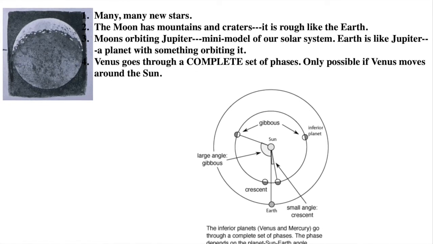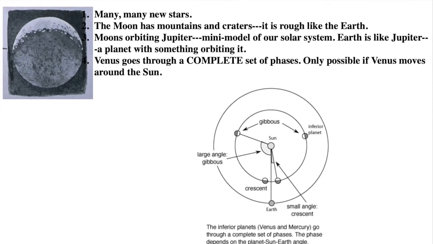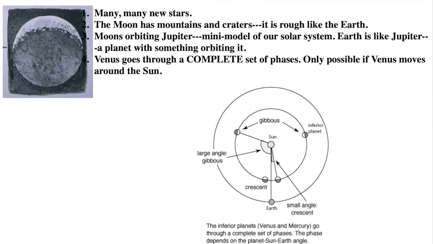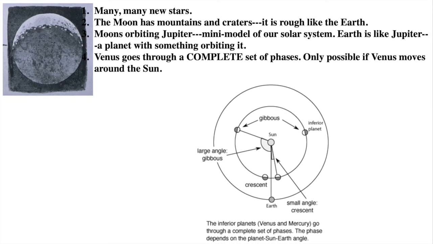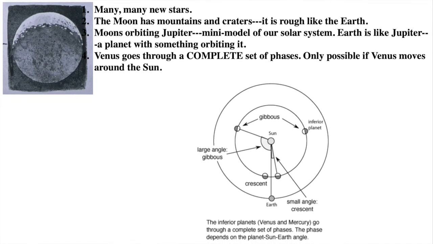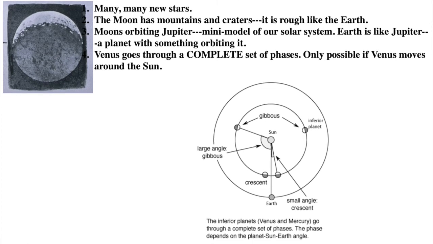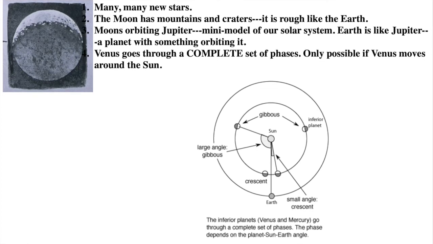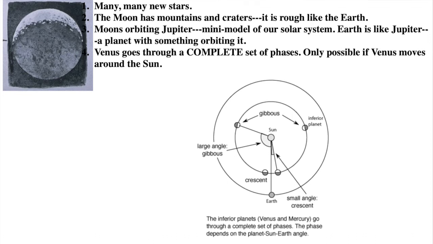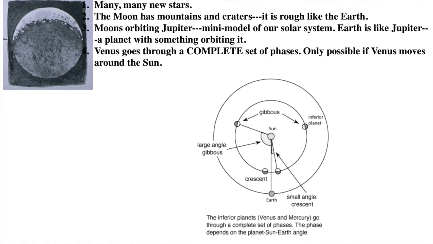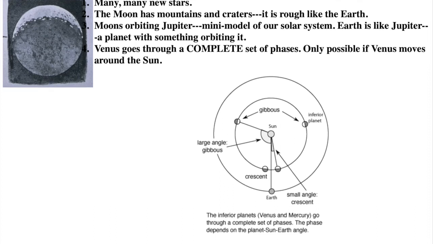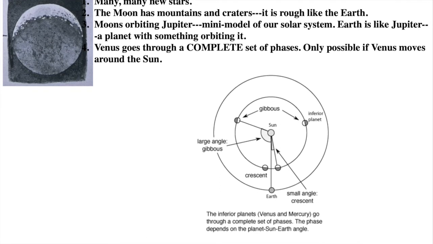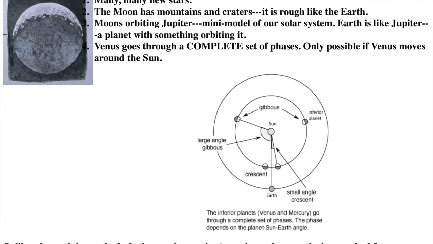Number 4. Venus goes through a complete set of phases, which is only possible if Venus orbits around the Sun. Ptolemy's model was still the leading geocentric model in Galileo's time. In that model, Venus was always situated in between us and the Sun, so Venus should have only been seen in a crescent or new phase. The only way to arrange Venus to make a gibbous or full phase is to have it orbiting the Sun